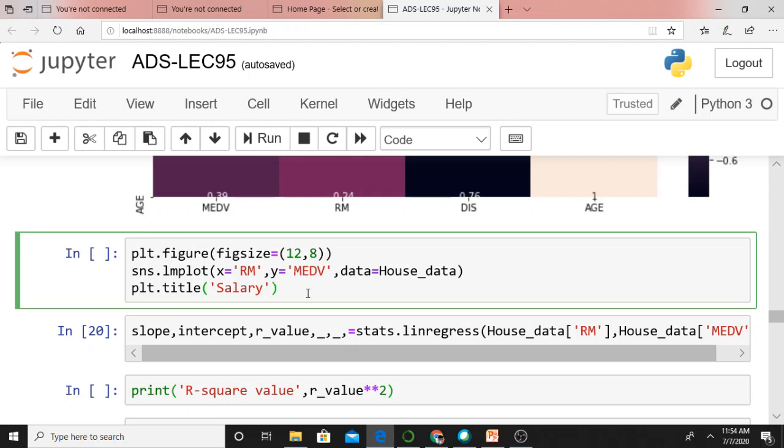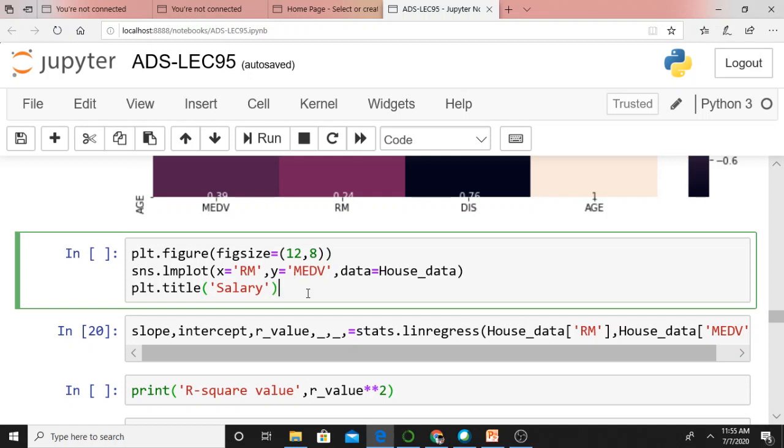We can see that the number of rooms in a home is positively correlated with the value of your home, isn't it? That interpretation you can always understand. Another way you can determine whether a linear relationship exists between a pair of variables is to perform a regression analysis. The SNS.lmplot will plot a scatter plot of your data points and also fit a regression line. Let's plot an lmplot of number of rooms versus median value of a home.